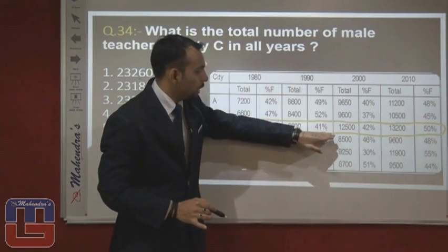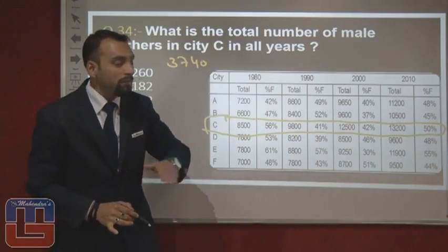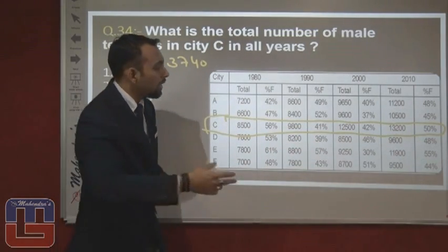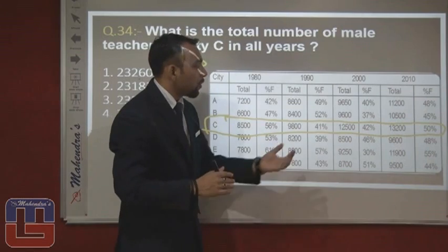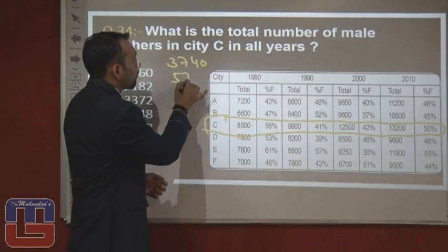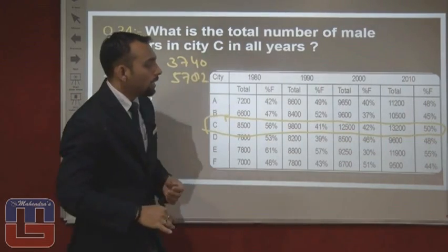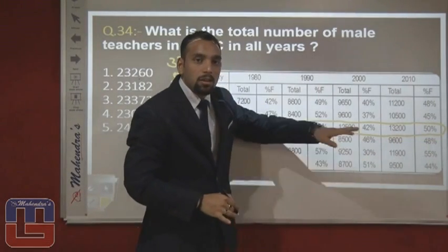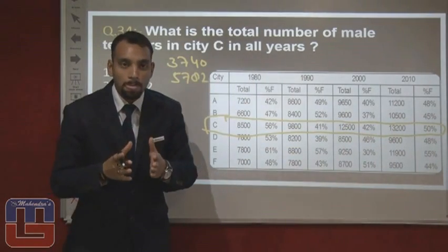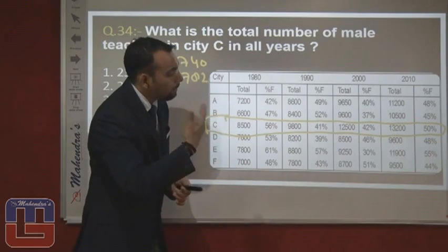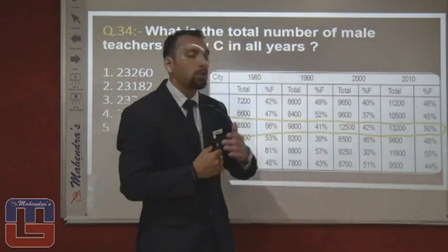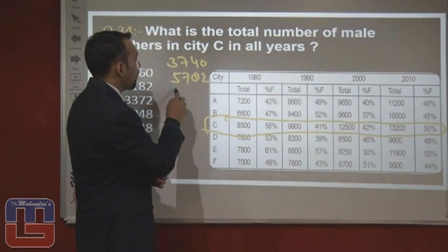Similarly, in 1990 you will find 9800, and here the percentage of female is 49%. If the percentage of female is 49%, then the percentage of male will be 49. So 49% of 9800 will be equal to 5782. Same here, 42% is the number of female, so the number of male will be 48%. 48% of 12500 will be equal to